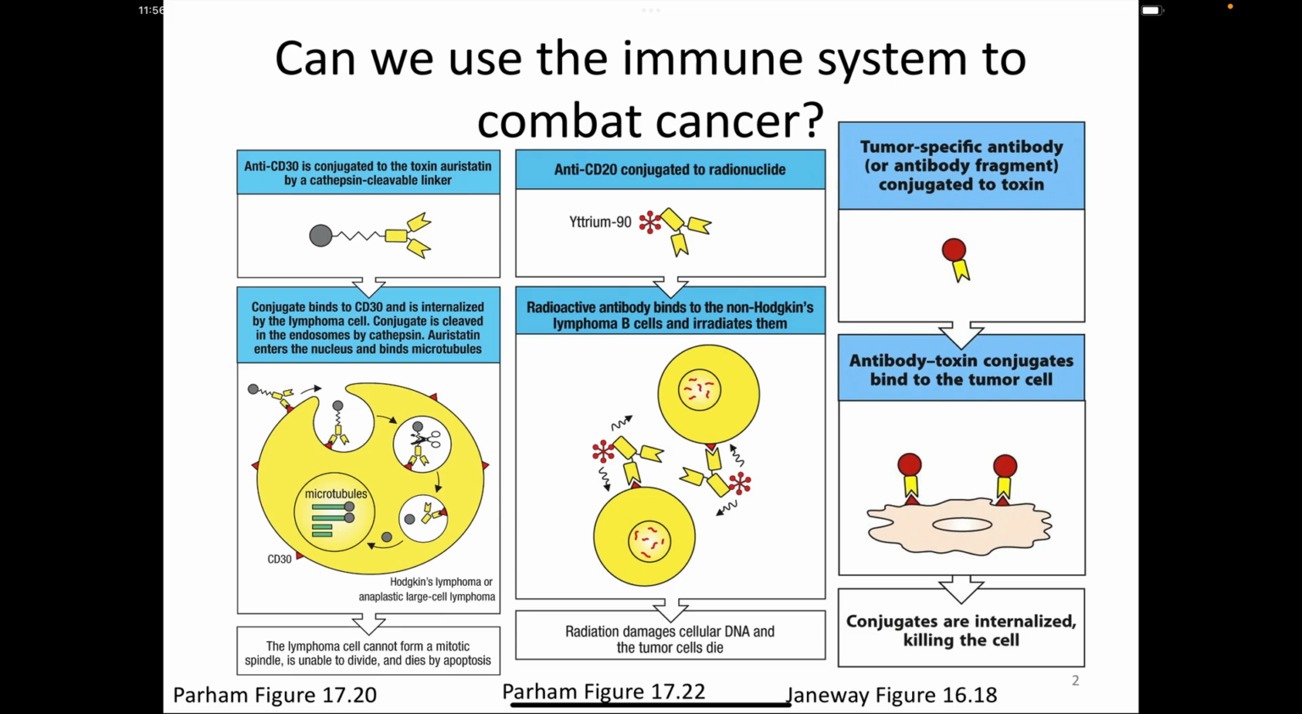Okay, so the key thing here is that you're going to now target the specific tumor cell of interest. But the problem, of course, is you need to have an antigen. You need to know what the antigen is to use this. And because everyone's tumors are different, it may be hard to come up with an antibody that you can use